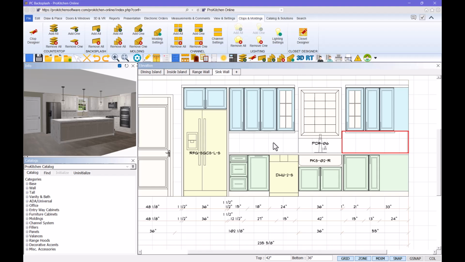including around the window. Now I will right-click on the left section of the backsplash and select Delete from the right-click toolbox. I'll move to the right section of the backsplash, right-click to open the right-click toolbox and select Edit. I'll hover over the left vertical line and left-click once. Moving my mouse to the left, I will drag it over until it meets with the end of the run